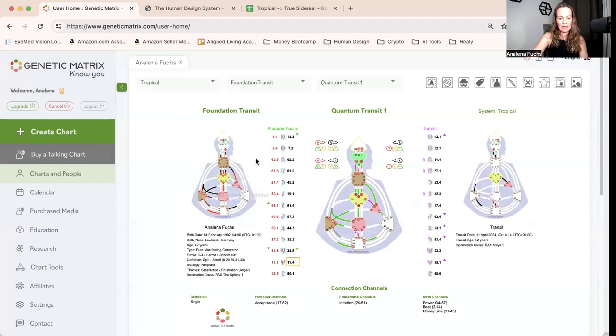And then still here on the left, I have my regular tropical human design chart. But here on the right, it tells me basically that right now, as I'm recording this, according to the tropical astrology system, the sun is in gate 42 in the line 1. The earth is in gate 32 in the line 1. North node is in gate 51, south node in 57. The moon is in gate 23 and so forth, right?